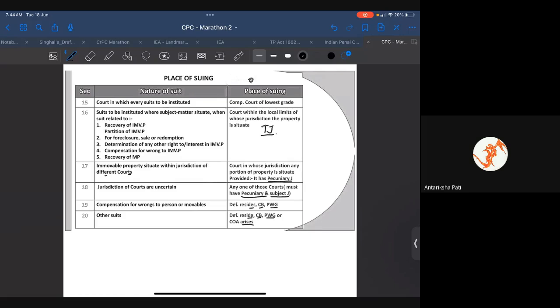filed. And if there is any other suit, then that can be filed where the defendant resides or carries on business or personally works for gain or where the cause of action arises. So these are the places of suing. These will decide the territorial jurisdiction, where in fact the suit can be filed. That will be decided by sections 15 to 20, which talk about the territorial jurisdiction, that is the place